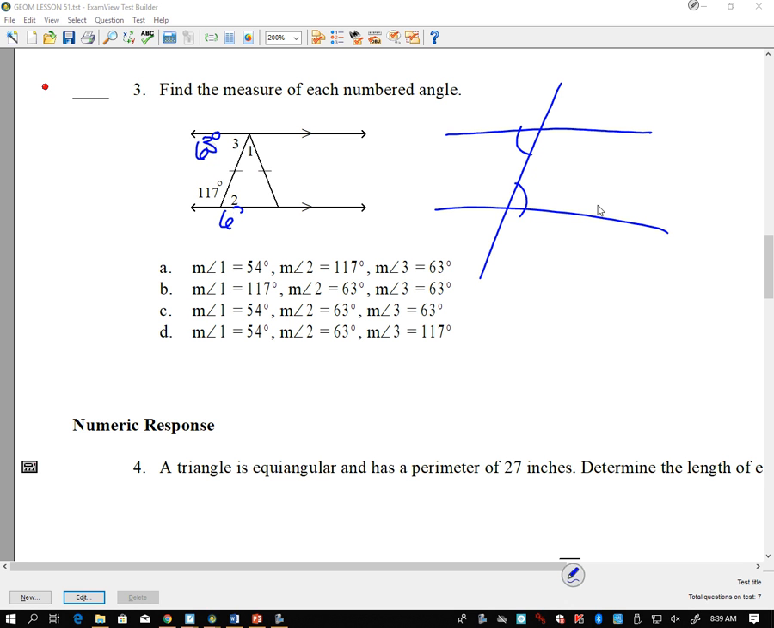63 degrees. Now, we could have found that just simply on its own because 117 and angle 2 are also linear pairs, right? They form a straight line. So I could have found angle 2 the same way I found angle 3. Taking 117 from 180, I would still get 63 degrees, correct? Okay. Now, in this triangle,